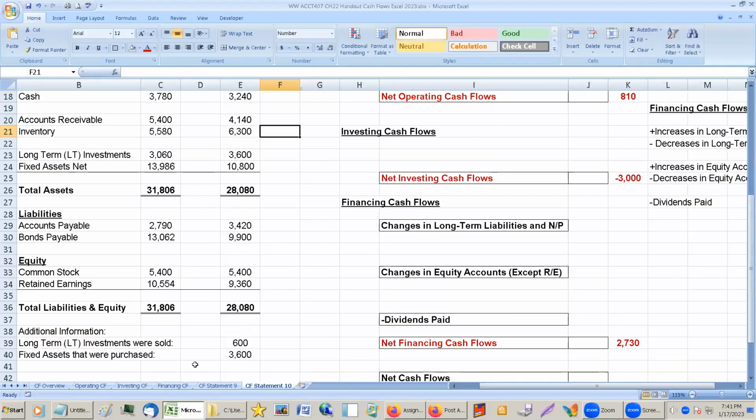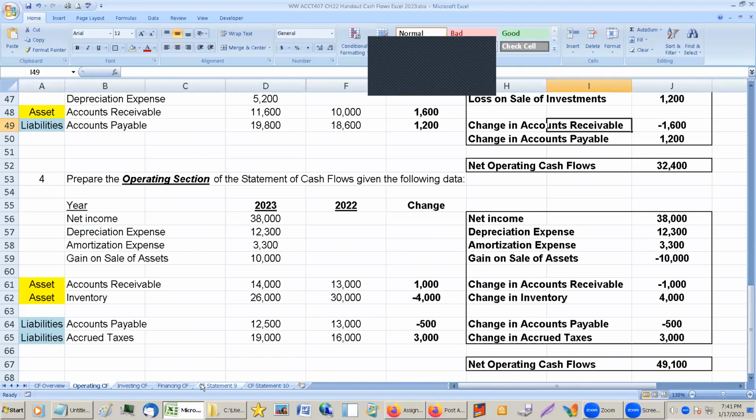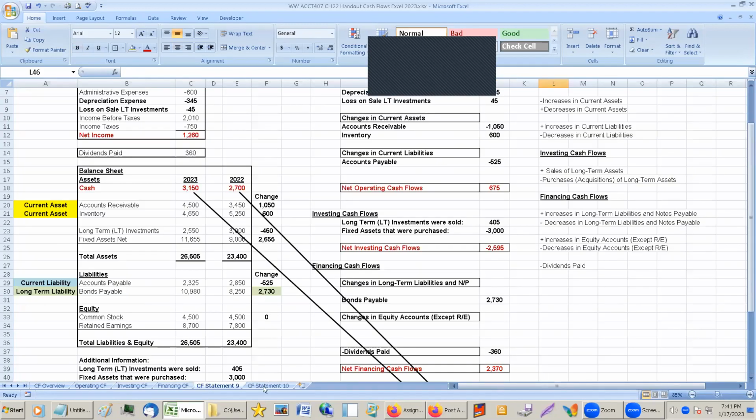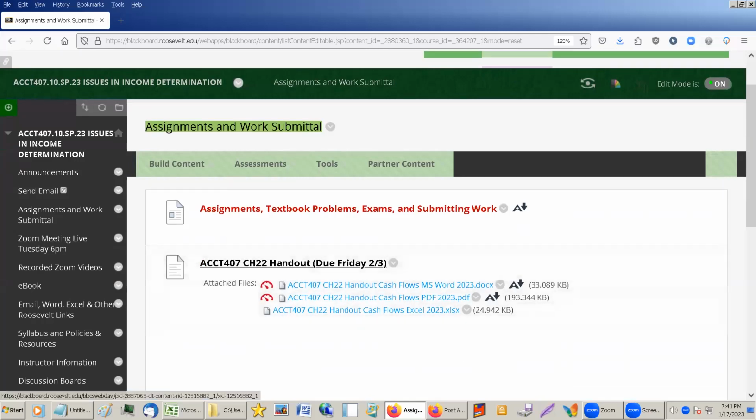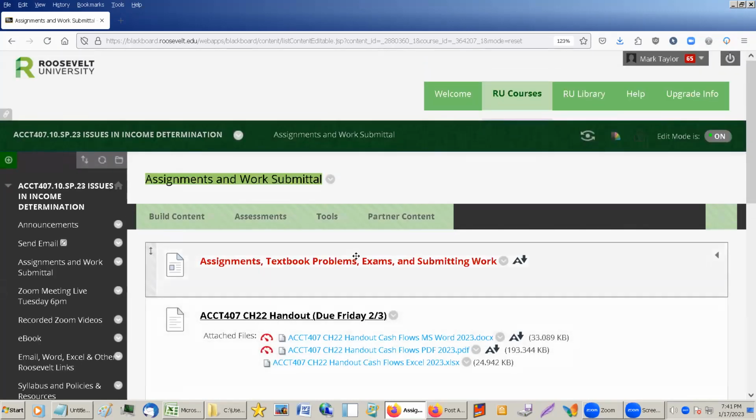So you're going to fill all these in. The same thing we have here, and then you turn this in and submit it in here. And again, it's not due for 2 weeks, so you have plenty of time to do it. And again, we are not meeting next week. Okay. Any questions?